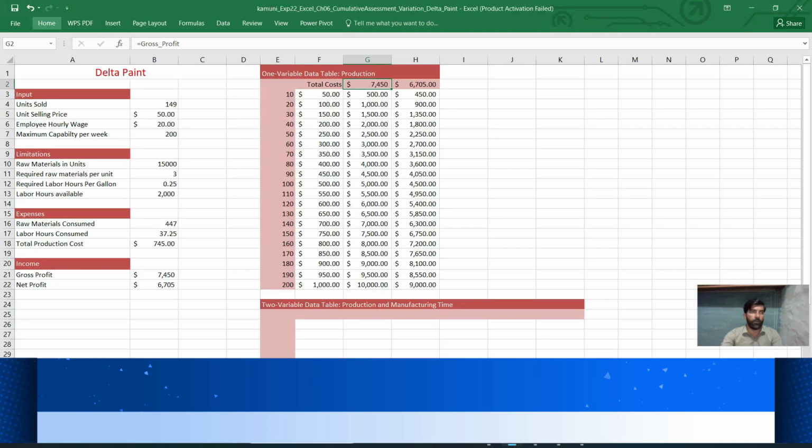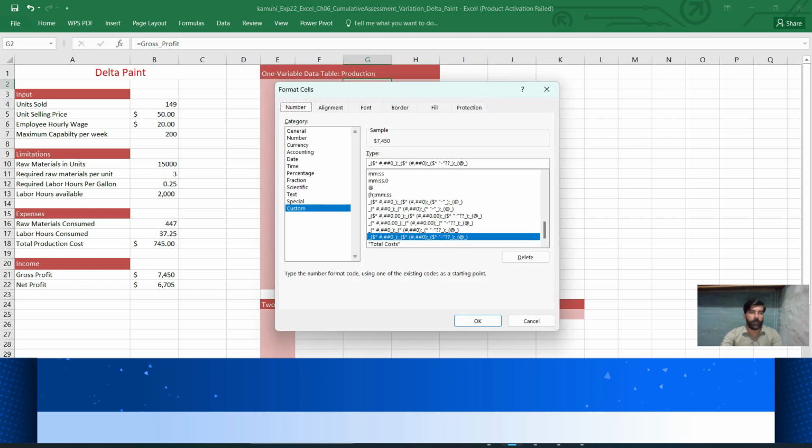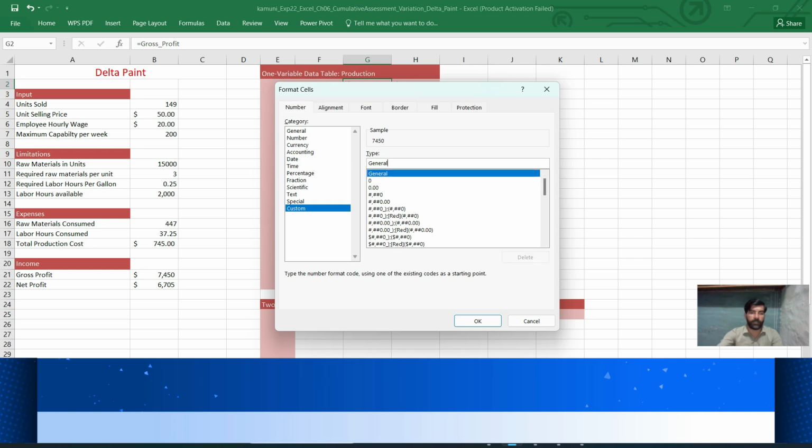Once again, go to the Home tab, then the Number tab, Custom, and into General, remove it, put inverted commas, paste the copied text, once again inverted commas, and click OK.